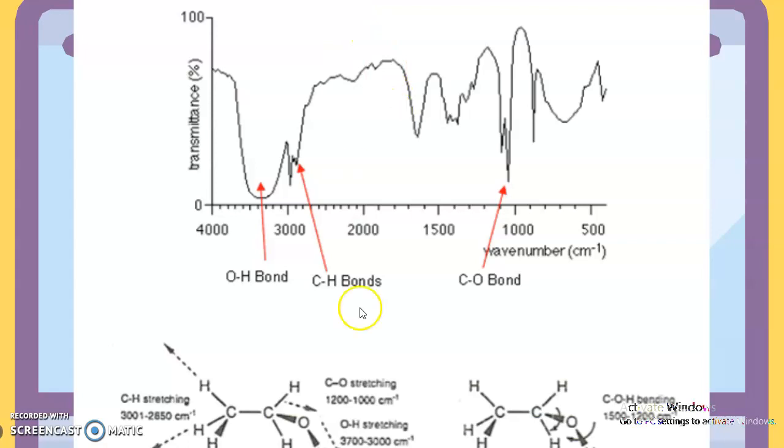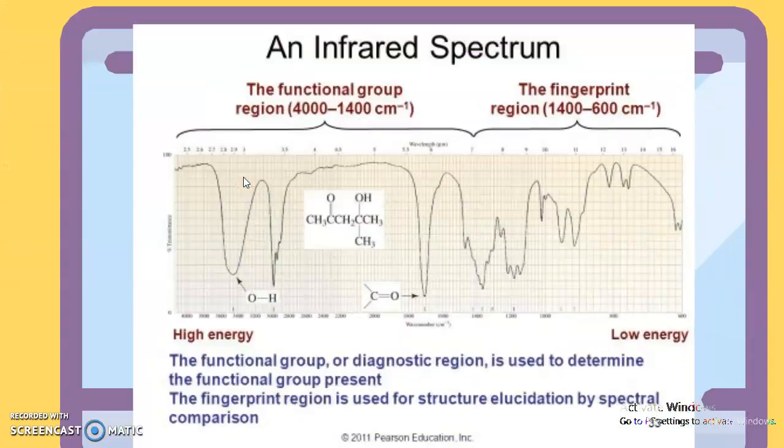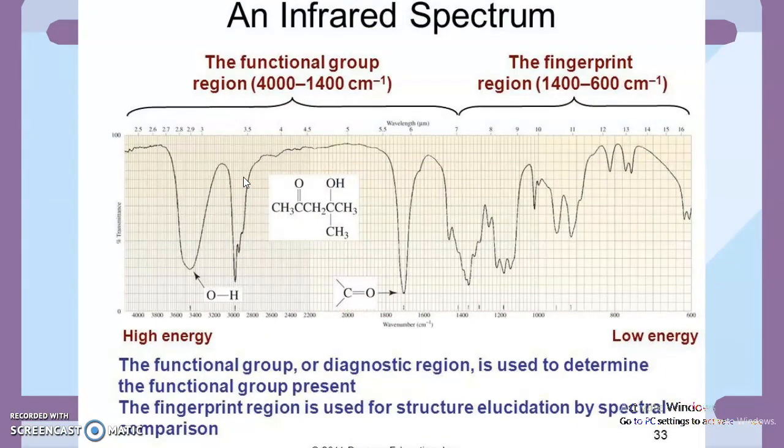So in an IR spectrum, the wave number is on the x-axis, and the y-axis has percent transmittance. Transmittance is reciprocal to absorbance. So whatever is being absorbed, the remaining is transmitted, and hence absorbance and transmittance are inversely related to each other. So you can see here a few of the peaks show me the CO bond, a few CH and OH, and I get something called an IR spectrum, which we will see later. Okay. So what exactly are these IR spectra?